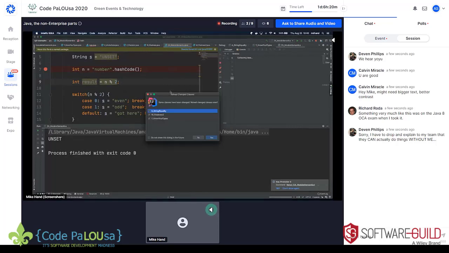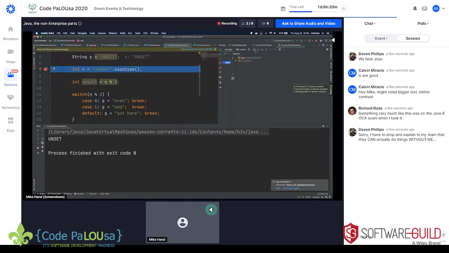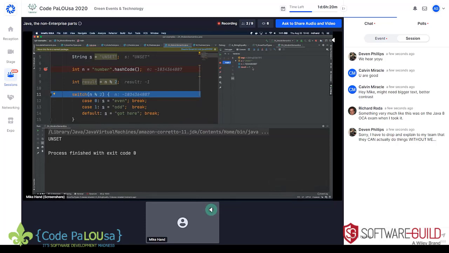So let's run this one more time, and let's see what the value of that modulo operation actually is, and it's -1. So while we've always assumed that the percent sign would just do division and leave us with the remainder, it actually respects the sign of the value that was passed into it. And so you're going to get -1 instead of 0 or 1. 1 here we would expect because it ends in a 7. It's an odd number. So beware the modulo operator as well. There's kind of a dark secret hidden in there.